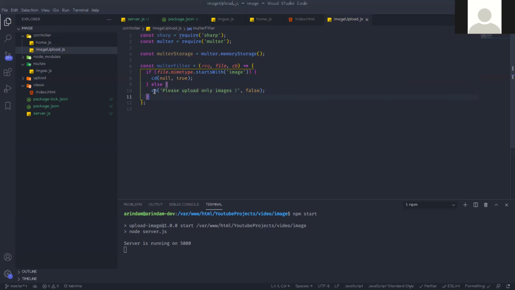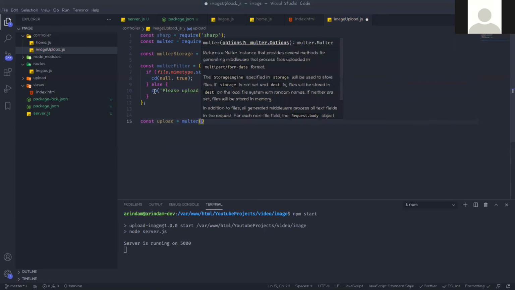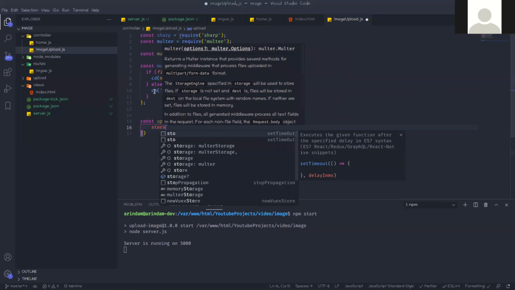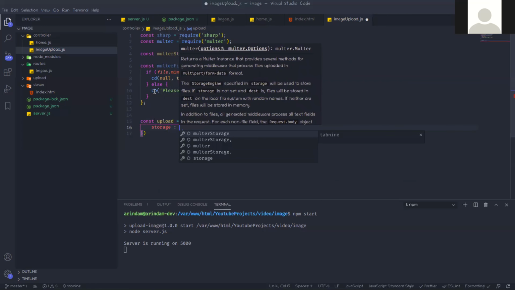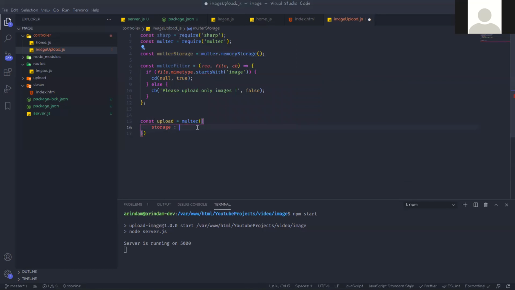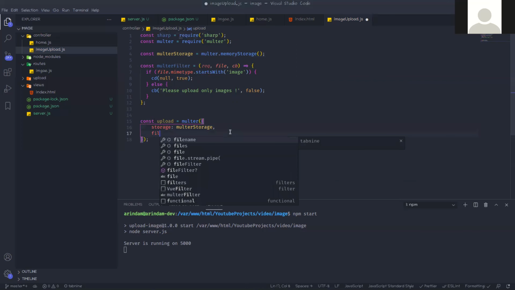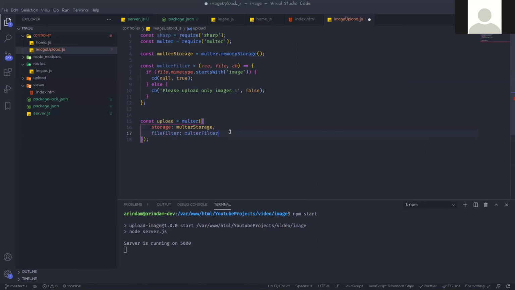Now we are creating another variable, const upload equal to multer. First storage, which is multerStorage. We need to define the specifications, those options. First one is storage, second is fileFilter. For fileFilter, the multerFilter we have already declared, right?